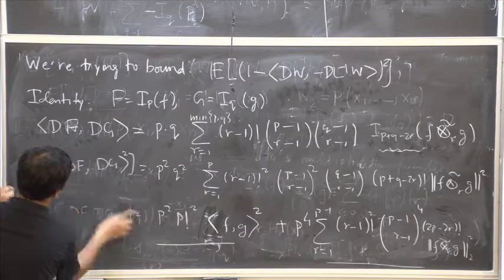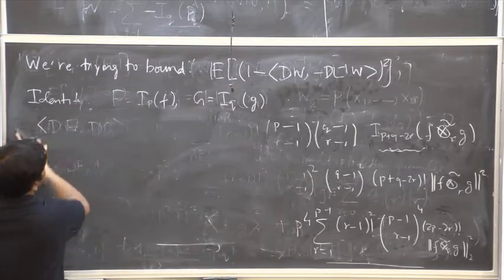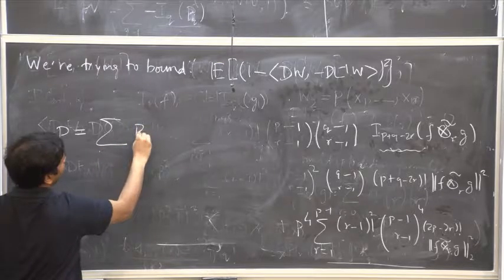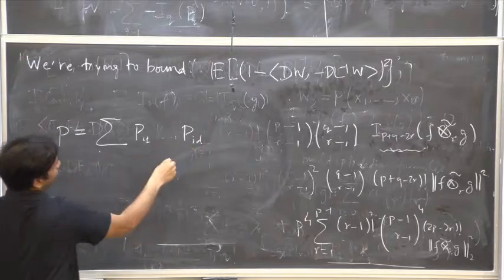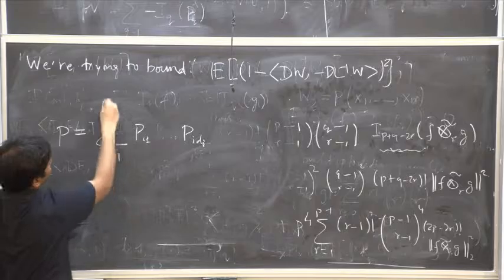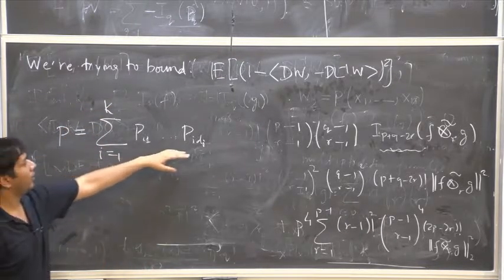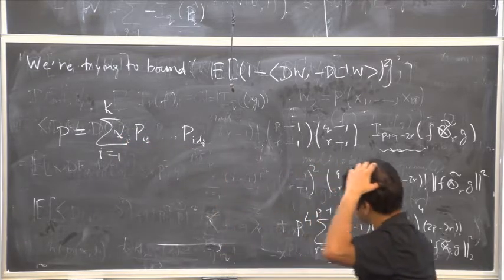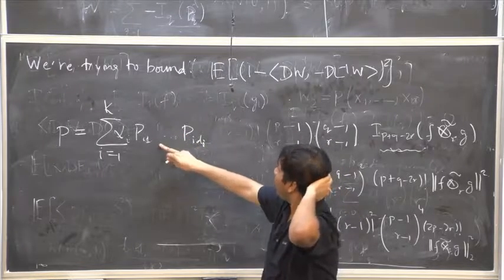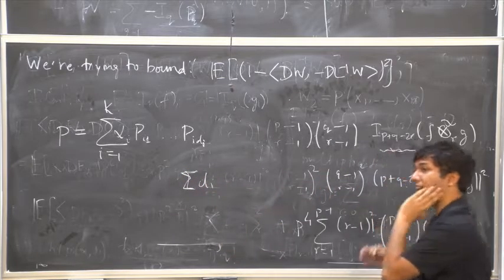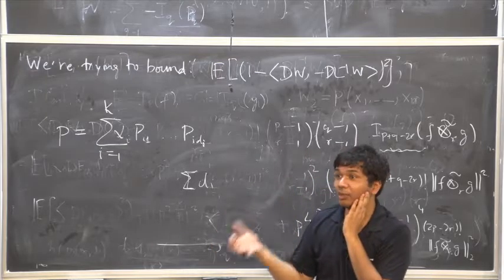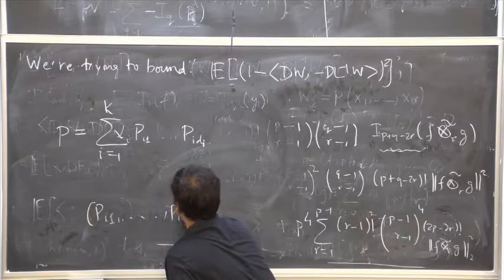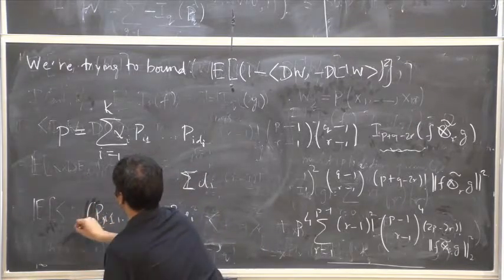So since this is no longer required, suppose I have managed to express P as the sum over i equals 1 to k of alpha_i times products of polynomials p_i1, p_i2, up to p_id_i. So k is a constant. Let's say k is a million, and each d_i is a number less than or equal to 100, and alpha_i is a real number. In all I have the sum of d_i polynomials, which is again a big constant, and each of these polynomials satisfies the small singular value condition. I want to say the joint distribution of p_i1 through p_id_i, extended from i equals 1 to i equals k,